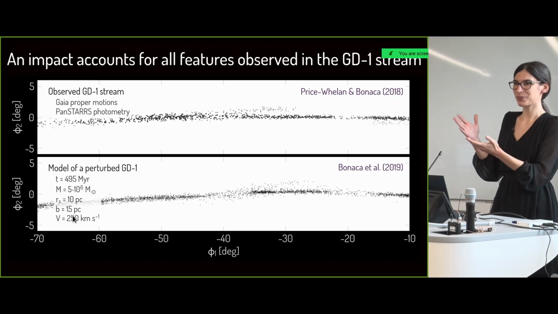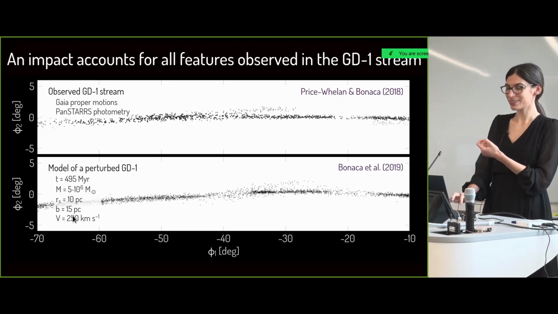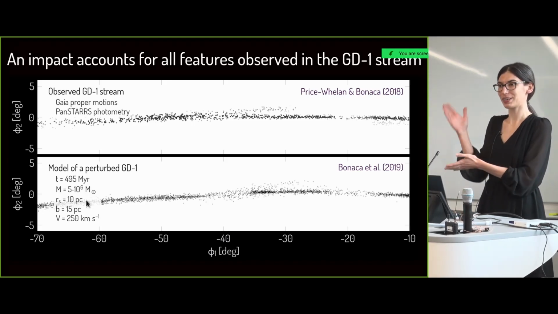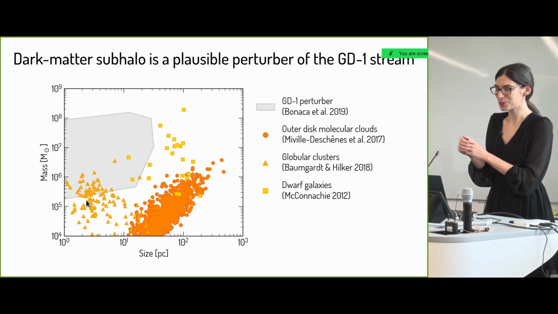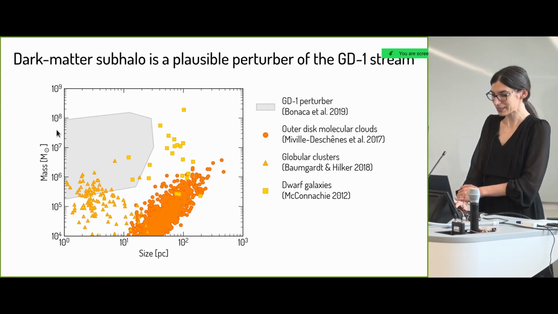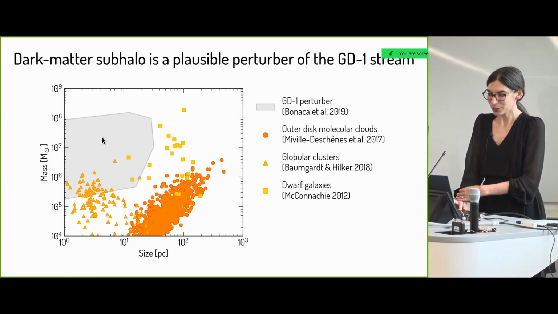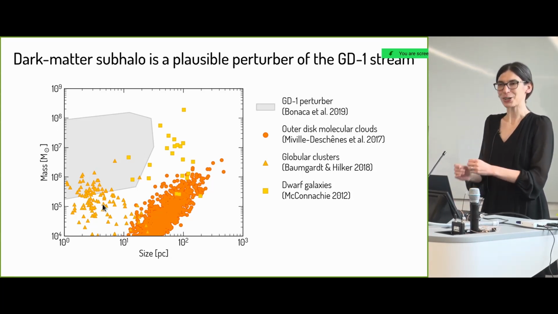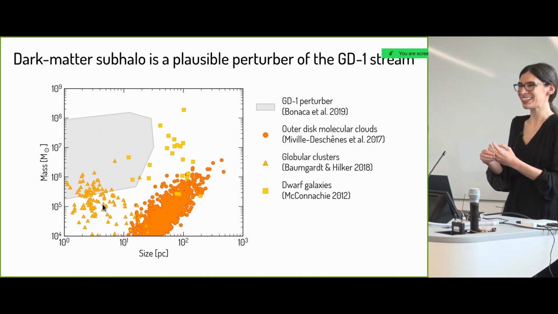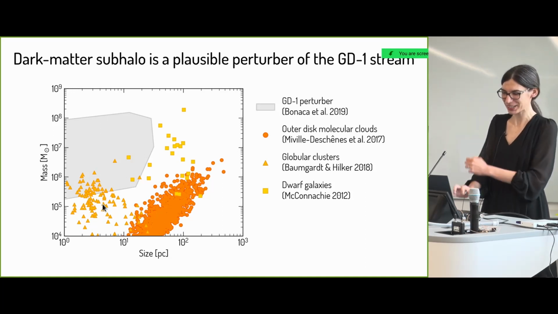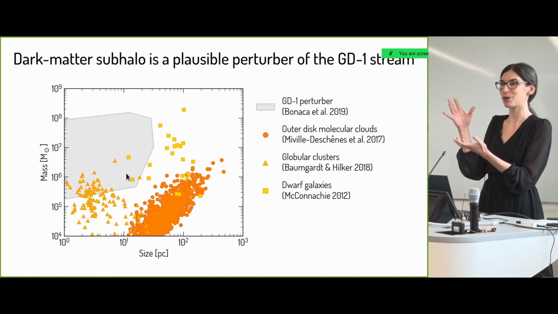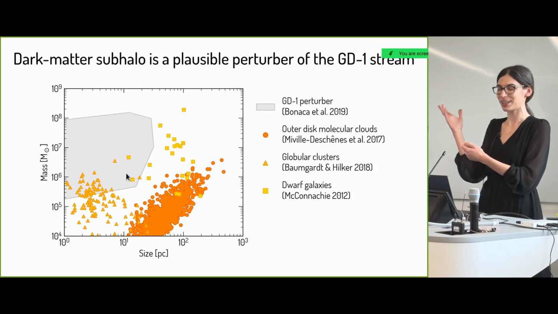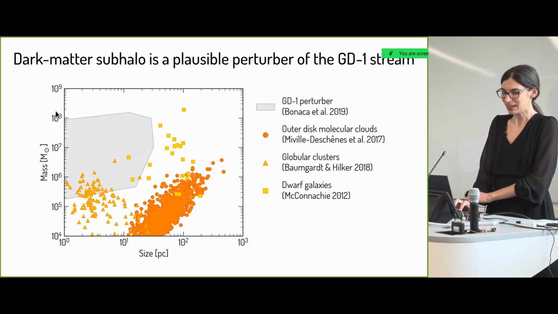And so, of course, this is just a proof of principle that you can get something like this. We wanted to get a sense of how well these parameters are constrained given the data that we have. So we checked it for all of the parameters, but here I'm just showing the mass and the size. And so the constraints are not the greatest. It's still a pretty wide contour. The gray shaded region shows where we found models that are consistent with the data that we have at present.